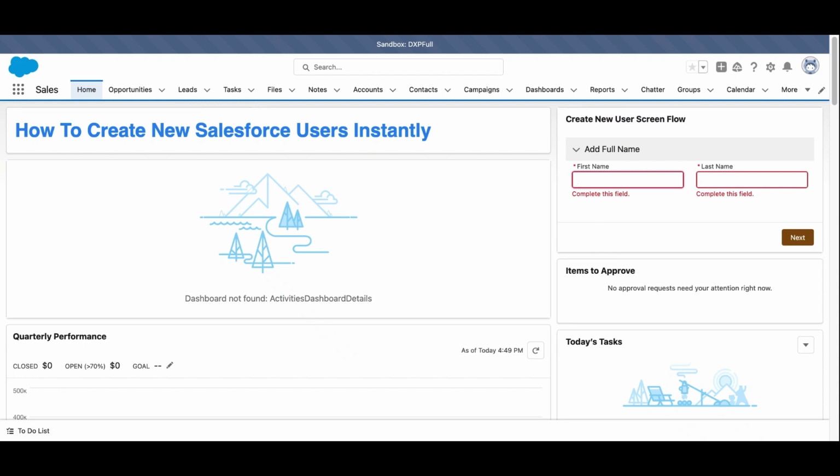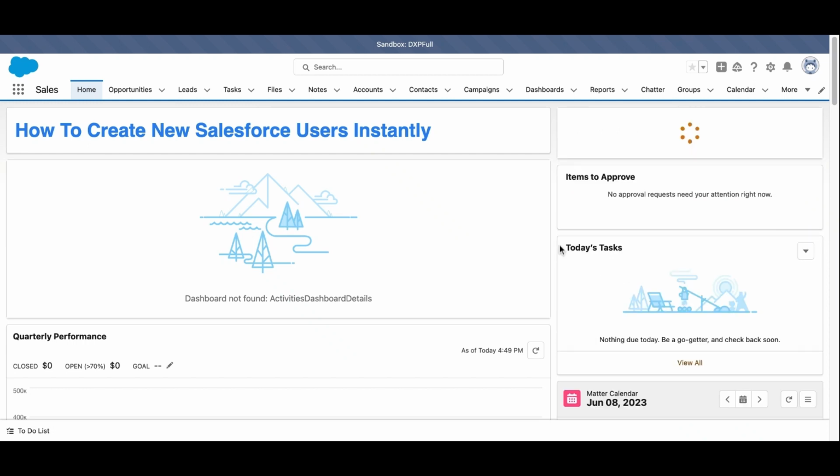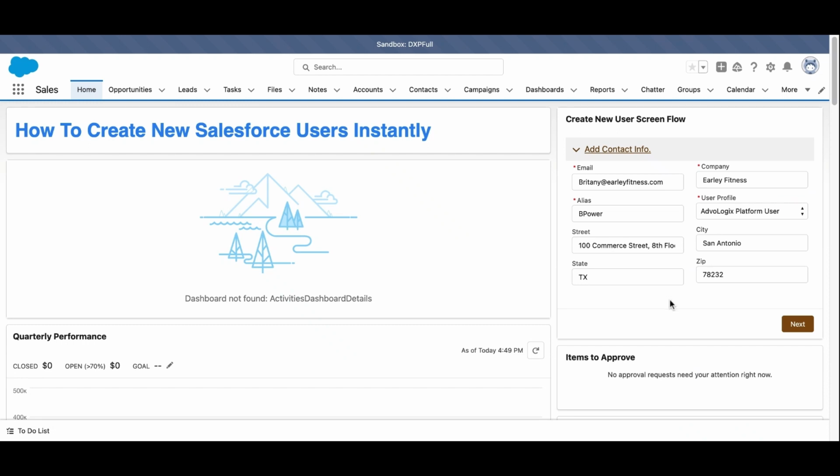So let's go ahead and create our new user. Actually, let's do a little different spelling. Yeah, that's fine. Okay, so I'm getting the first and last name, and then I'm auto-populating a lot of other